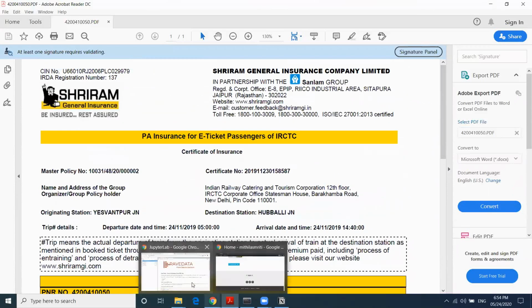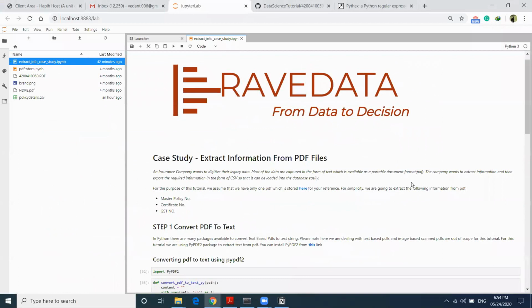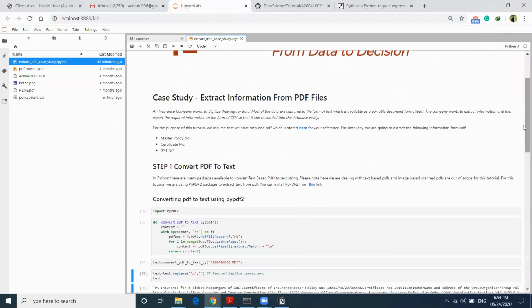So let's move back to our Jupyter notebook. This whole process will consist of three steps. The first step will be converting the PDF files into a text format. Once we get a text string, we have to search for the information we want to extract, like master policy number, certificate number, GST number.